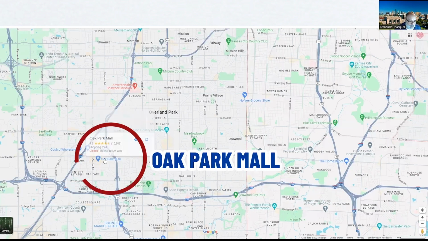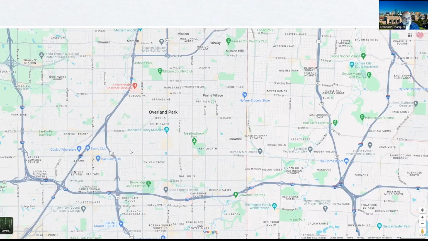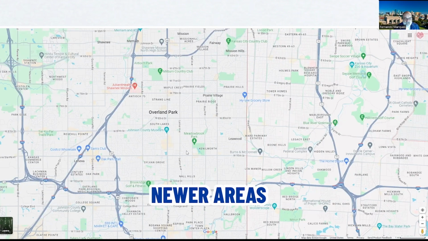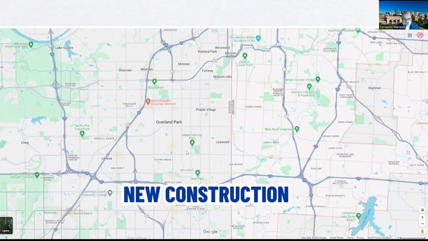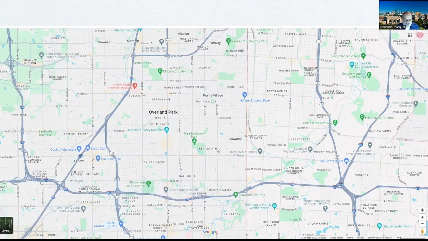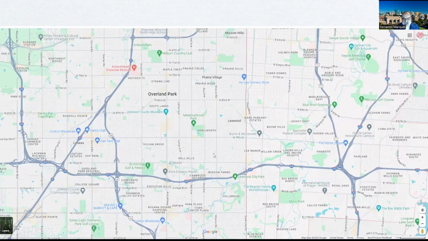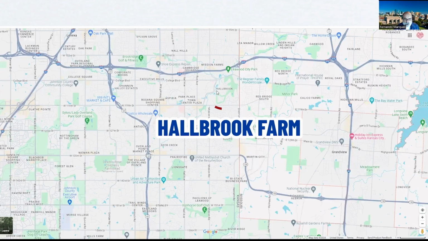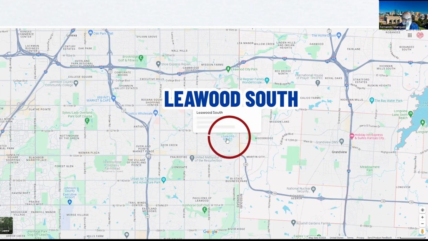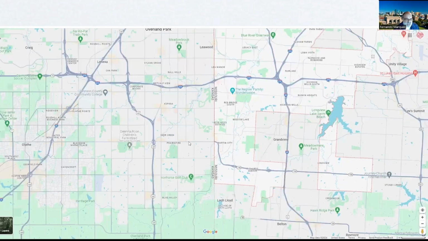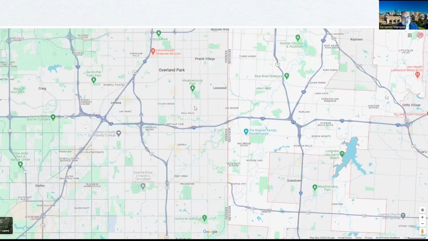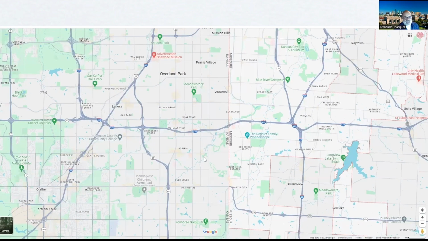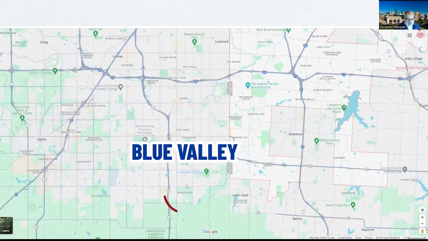There's tons of shopping centers and malls. There's Oak Park Mall. That's a big area over there. We've got newer areas and older areas, new construction, a lot of refurbished homes. It's definitely something that has something for every budget. Keep going further south, you hit Hallbrook Farms, Leawood South, Deer Creek. So a lot of these areas that you see down here, a little bit further south from Leawood, Blue Valley,